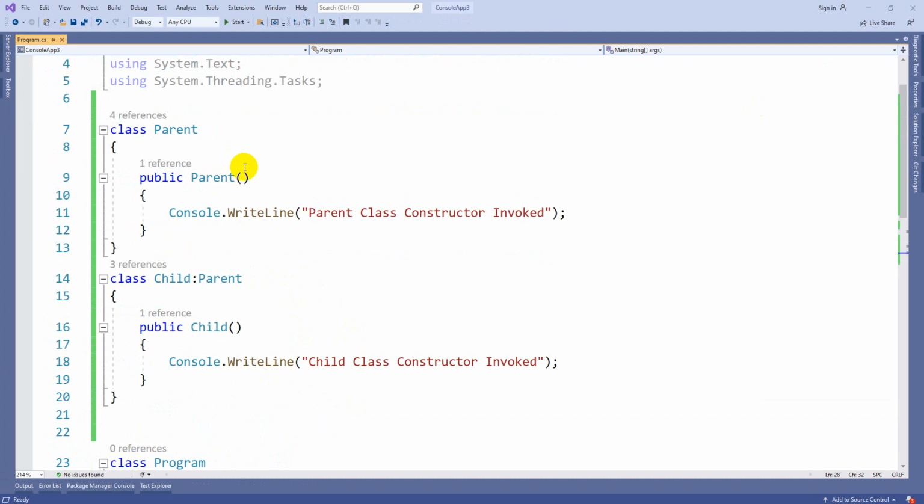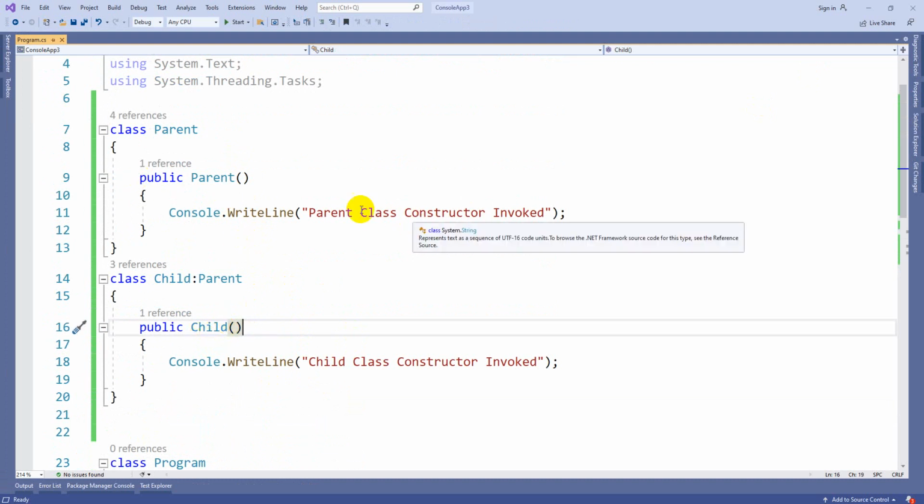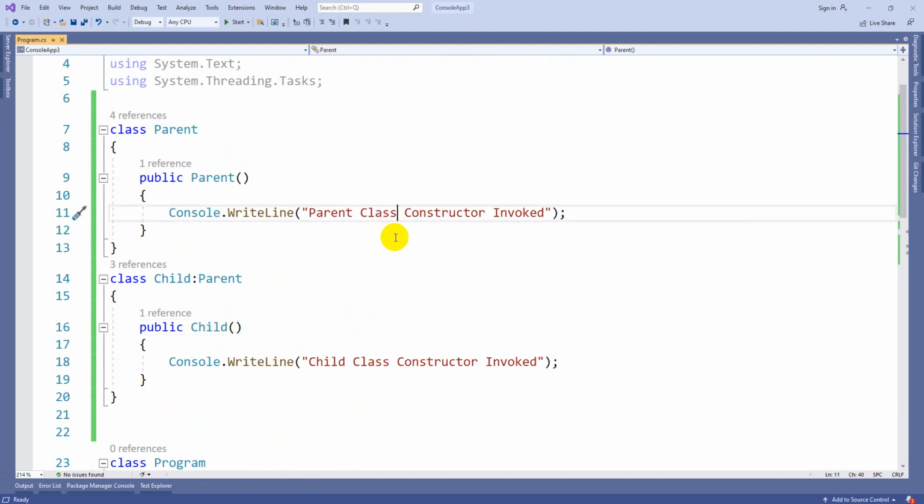Now sometimes what will happen: parent class empty constructor, child class empty constructor.